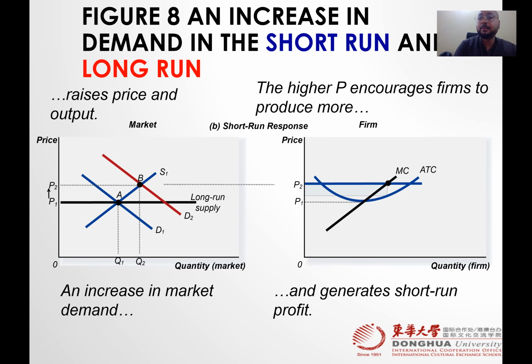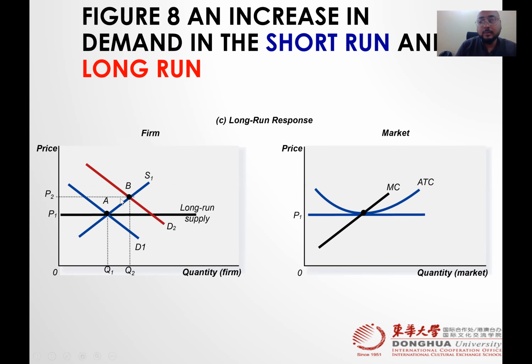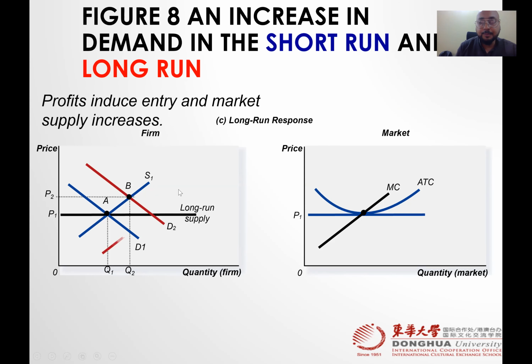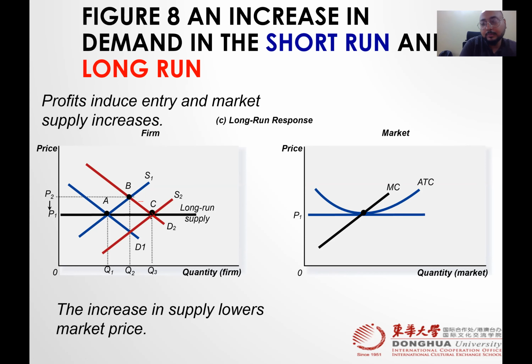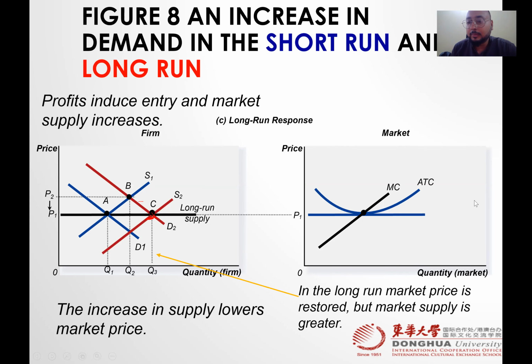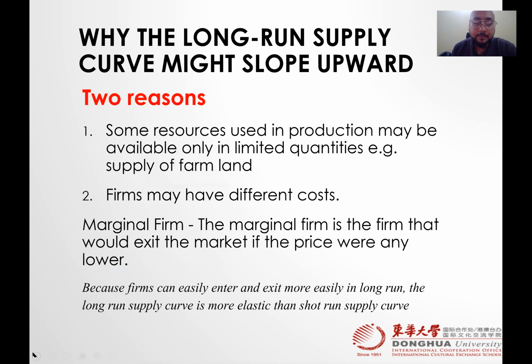More firms enter the market. When more firms enter the market, supply also increases. Supply shifts to the right. Supply increases, price decreases, back to square one. But only one difference is that